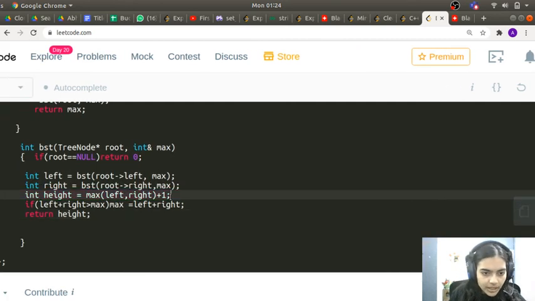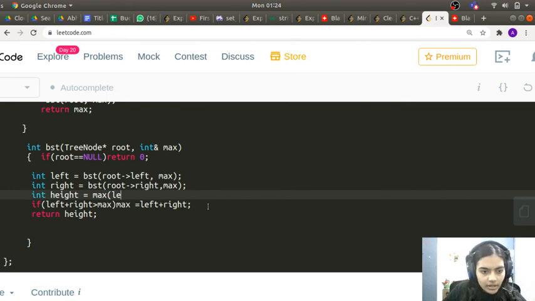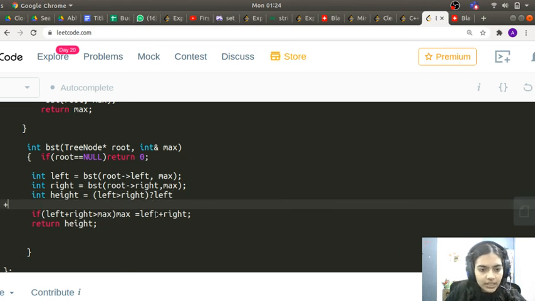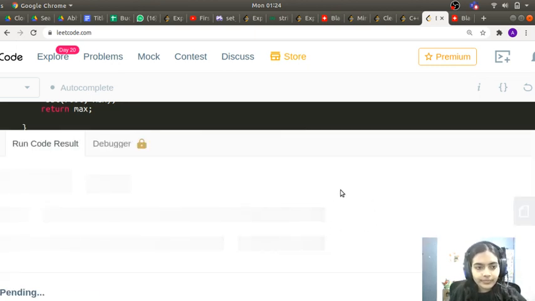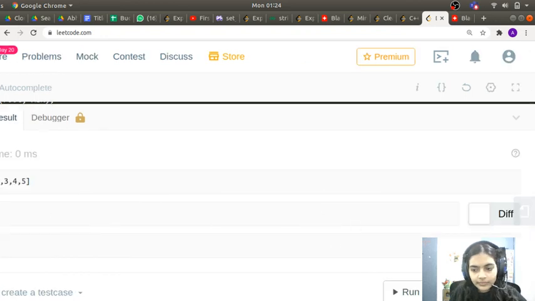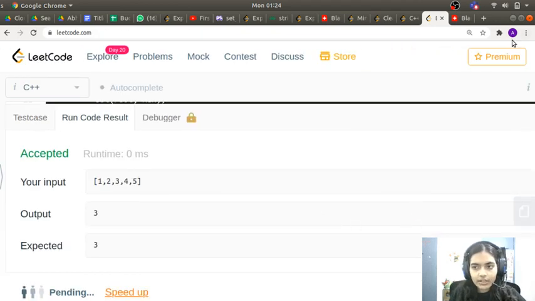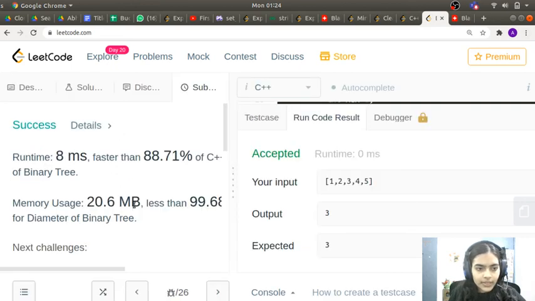This is giving me errors, so I will declare it like this: if left is greater than right, then in that case height is equal to left plus 1, otherwise height is equal to right plus 1. So I hope this should not give me any errors. So let me submit and see if it's working. Yes, so it's working.